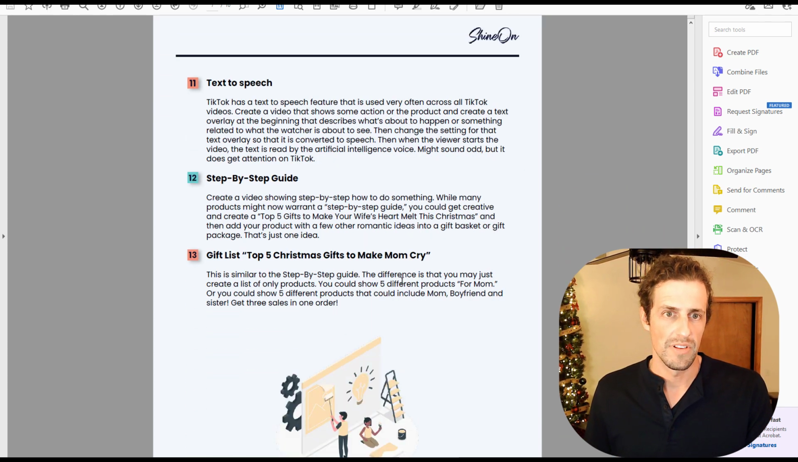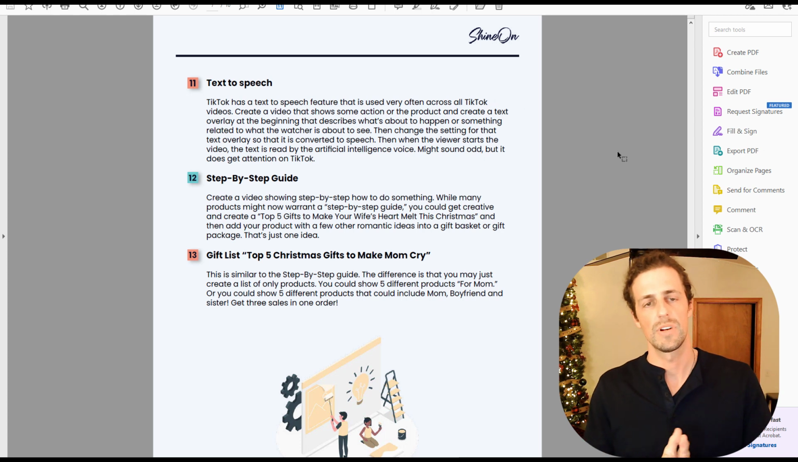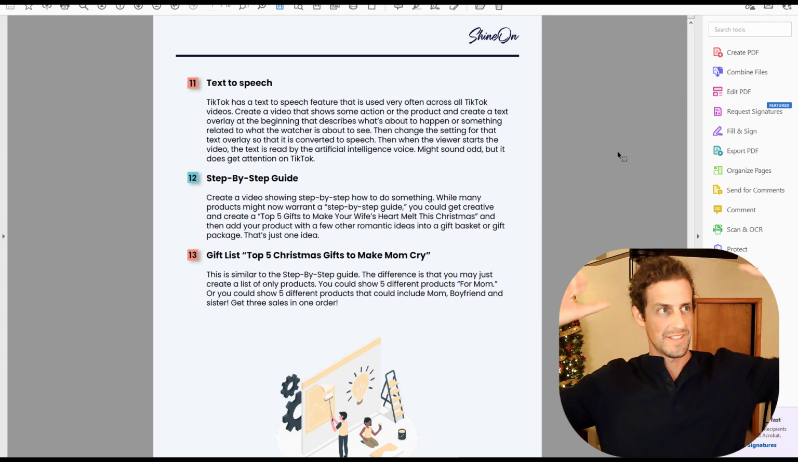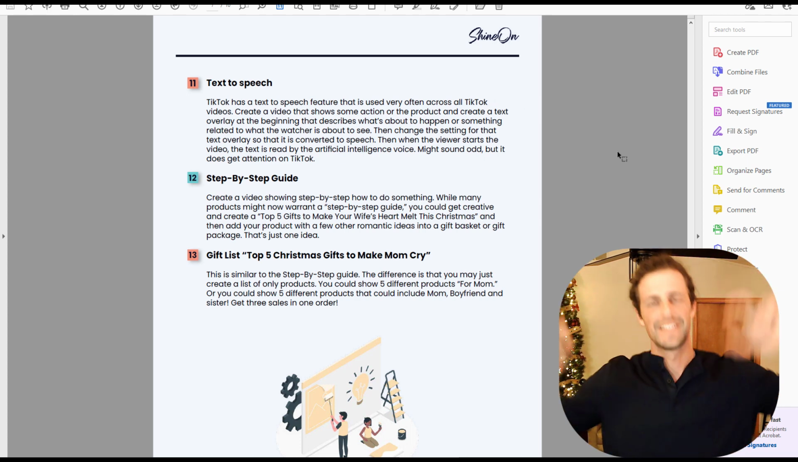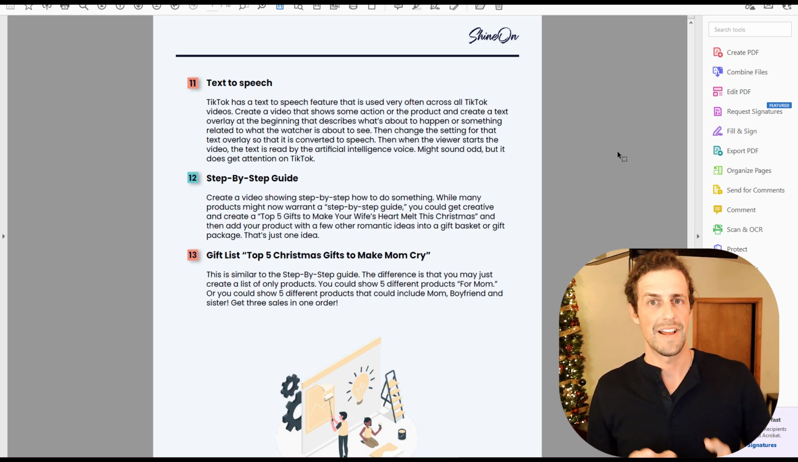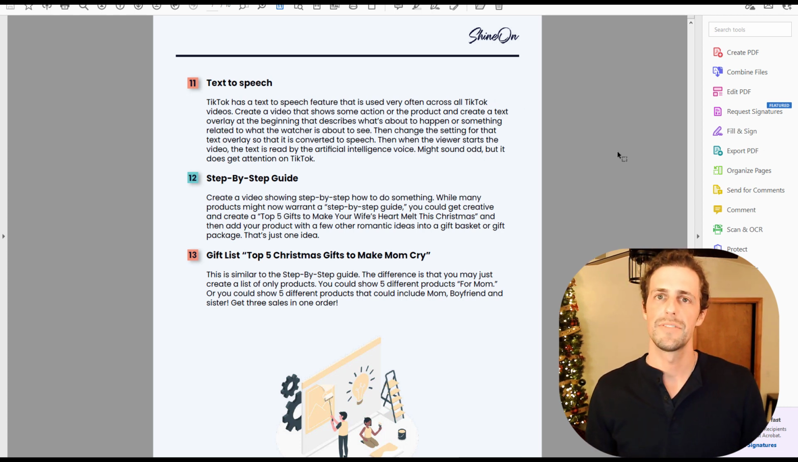So that's number 10. Number 11, text to speech. This is a newer-ish feature when I'm recording this, and it's basically you can type a caption. A lot of times you'll see captions over people's heads on a lot of TikToks to help engagement. So maybe it asks a question or talks about,